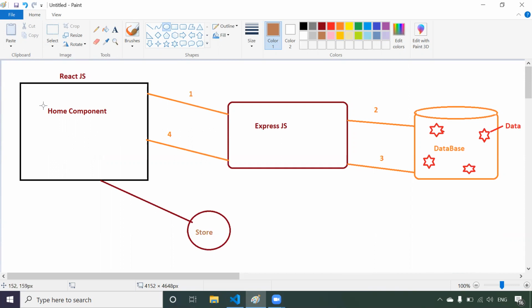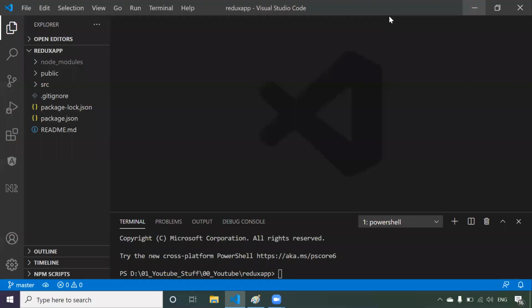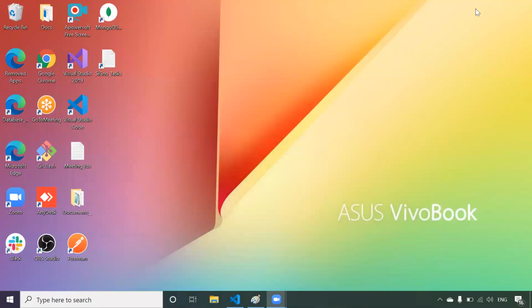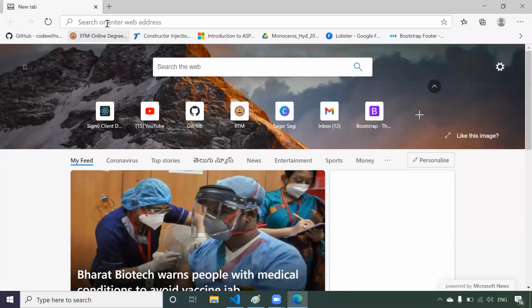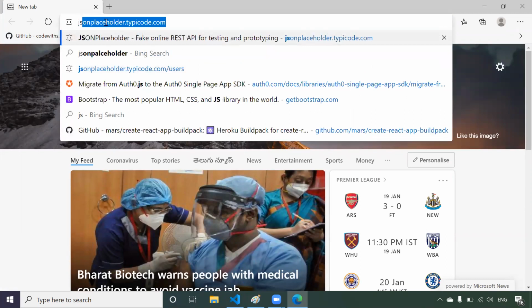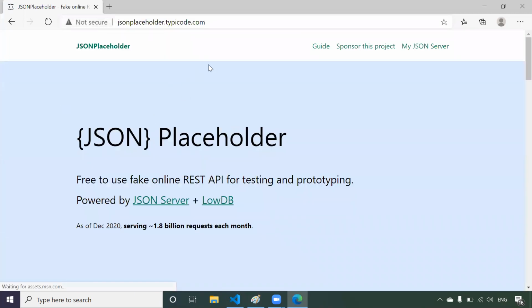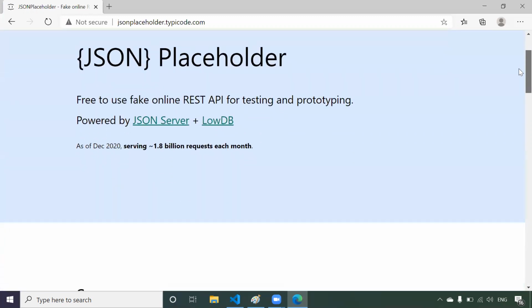Now we have one website called JSON placeholder. If you go to your browser and go to JSON placeholder, this is the website. What this website does is provide you some kind of dummy data.